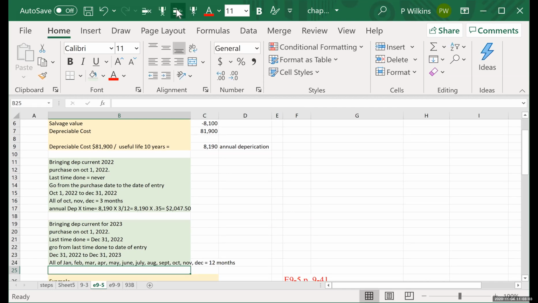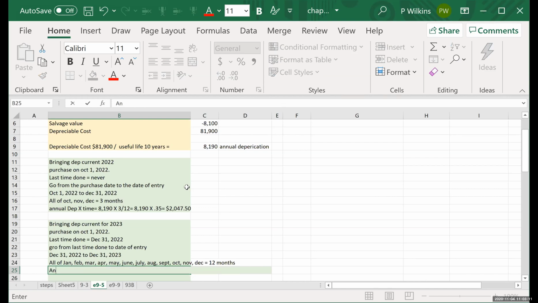So I'm just going to figure it out here. Even though we know 12 months is a full year, I'm going to write it all out like I did before, okay? So we take the annual depreciation of 8,190 times the time, right? So that's equal to